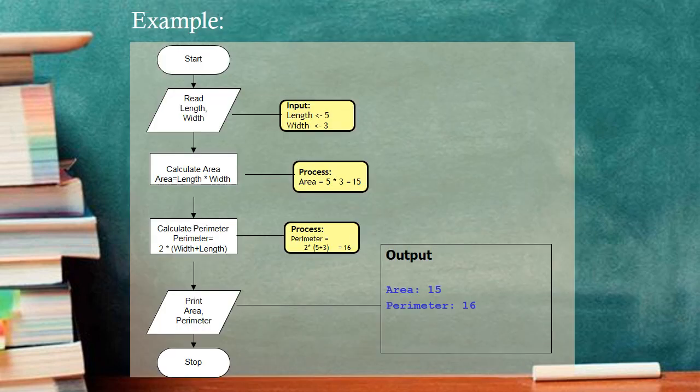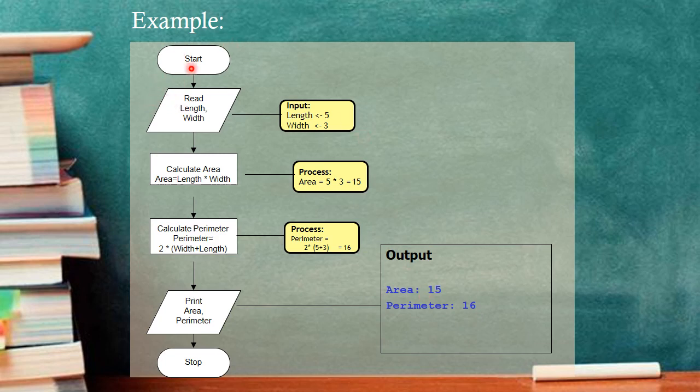So here we can see that we are going to calculate the area and perimeter both in each flowchart. First we will read the length and width. For area, the formula is length multiply width, and for perimeter we have the formula 2 multiply (length plus width). So it will display the output in the form of area and perimeter, and then it will terminate. And you can also see the output: the area is 15 and the perimeter is 16.